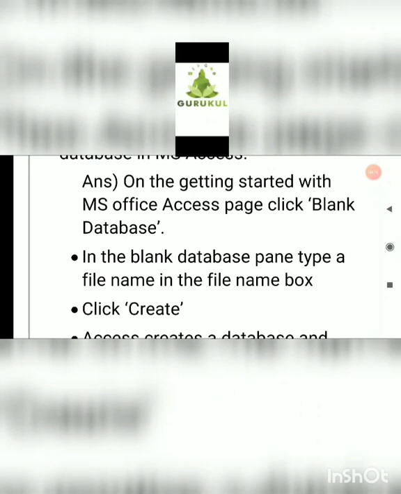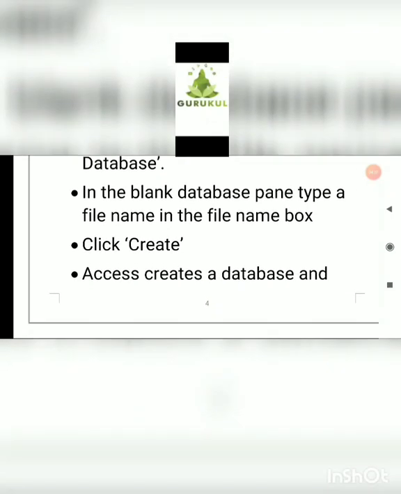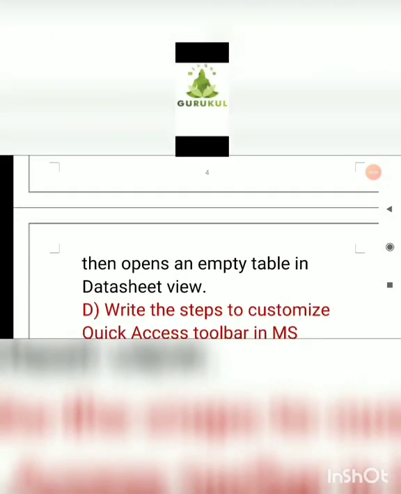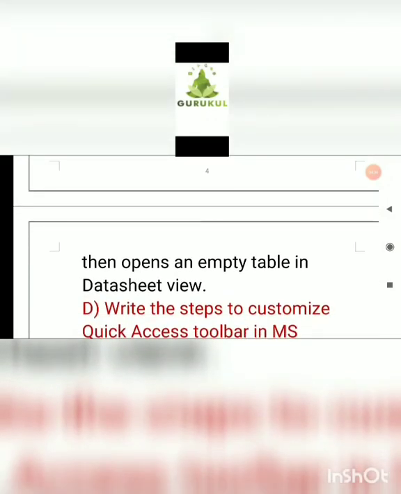In the Blank Database pane, type the file name. You can give your own name in the file name box. After typing the file name, click on the Create button. As soon as you click on the Create button, MS Access will create a database and then open an empty table in datasheet view where you can start your work.